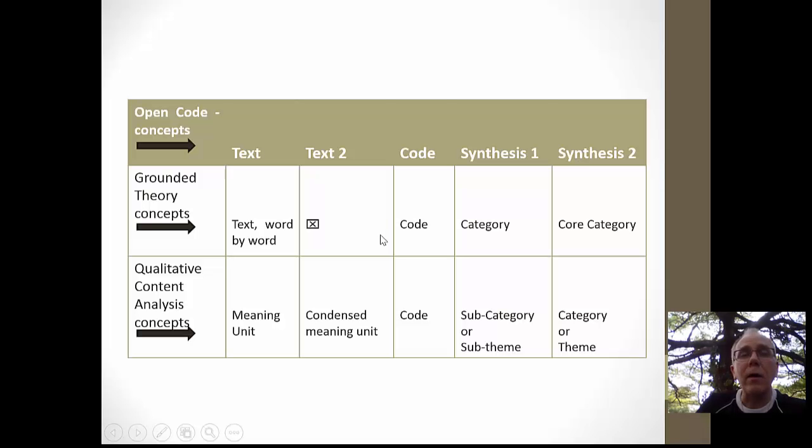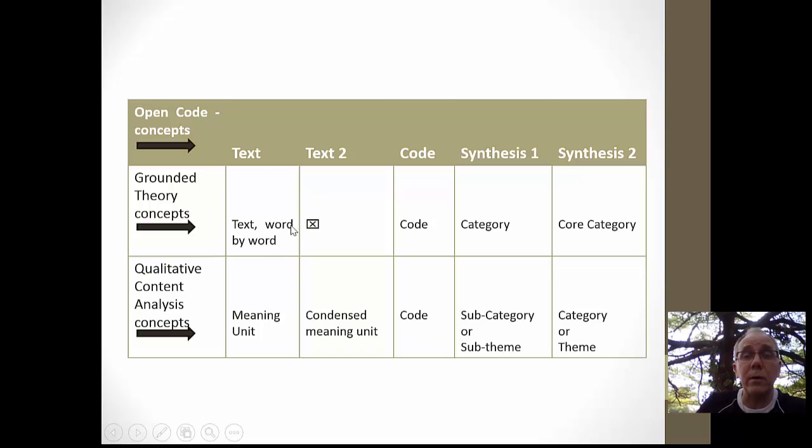This is how Open Code has used the language. We have the text, text 2, the code, synthesis 1 and synthesis 2. We have decided to use those concepts in order not to take a stand in the more difficult discussion on the different methodological approaches. You see, the text, if you use a grounded theory approach, that would mean it is